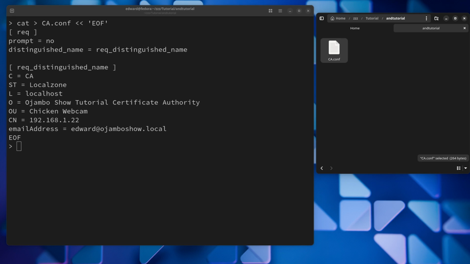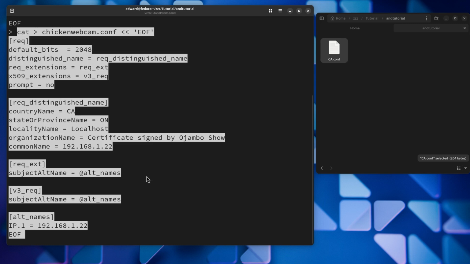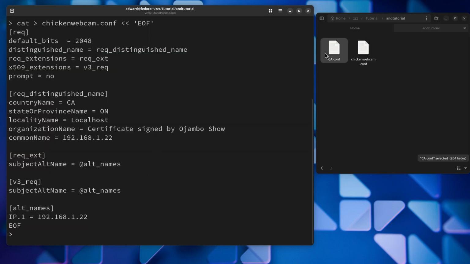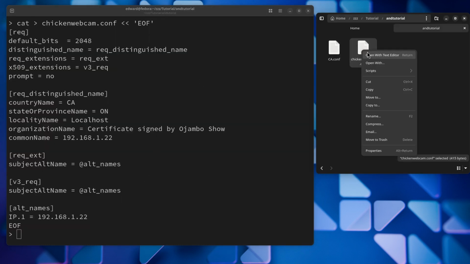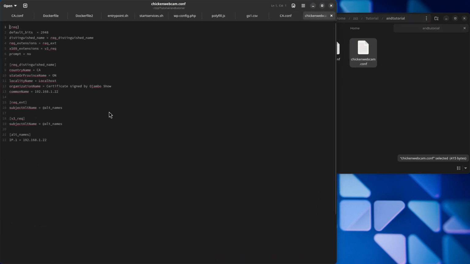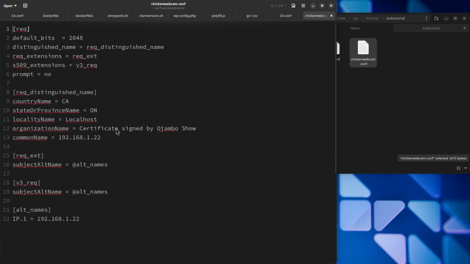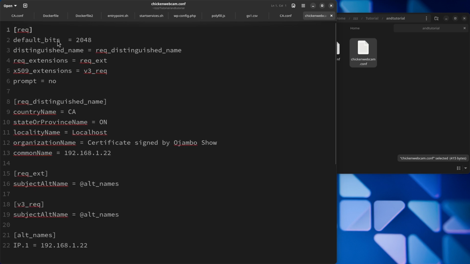Next, we're going to create a domain configuration file. So that one, I'll explain that as well. Okay, so it's here. Open the text editor. I'll zoom in here and I'll explain everything as well. You see the same req and req distinguished name. So bits, this means, I'll zoom in a little bit more. So bits means